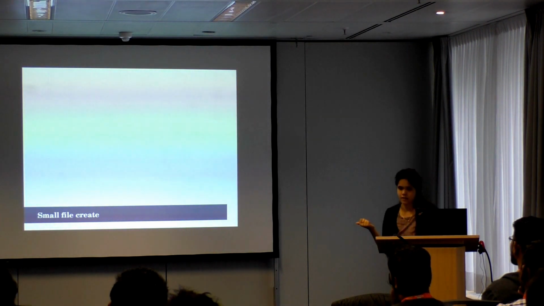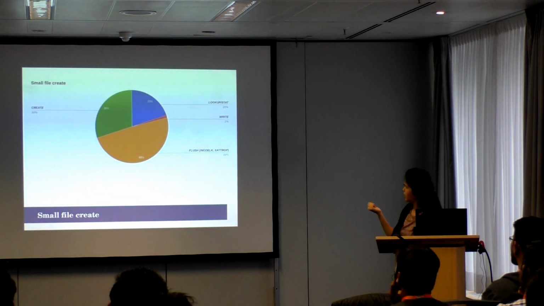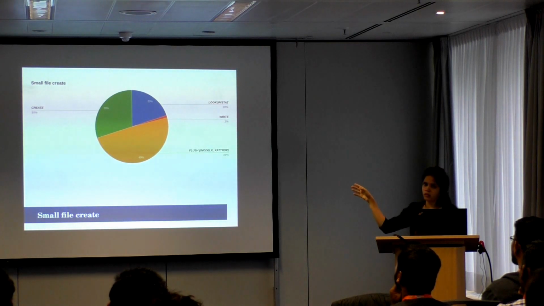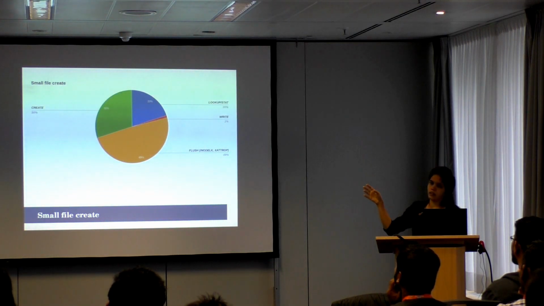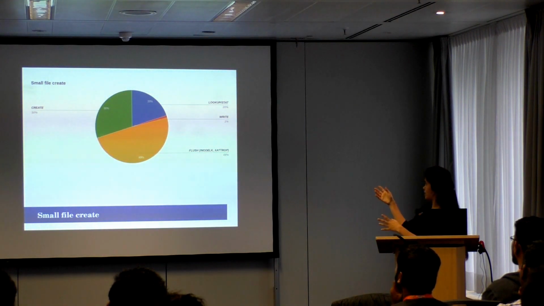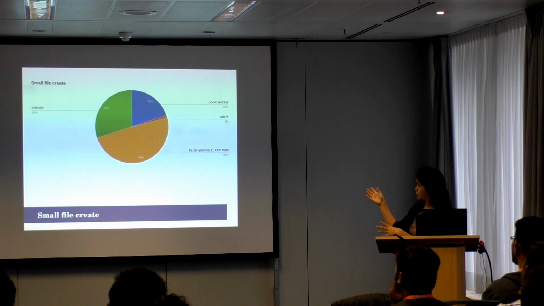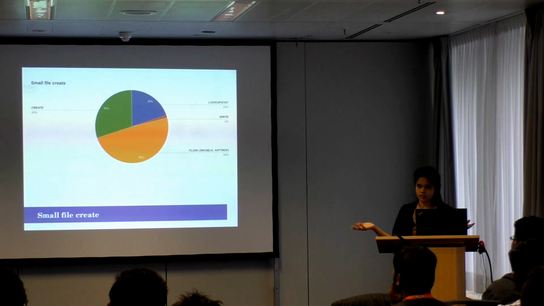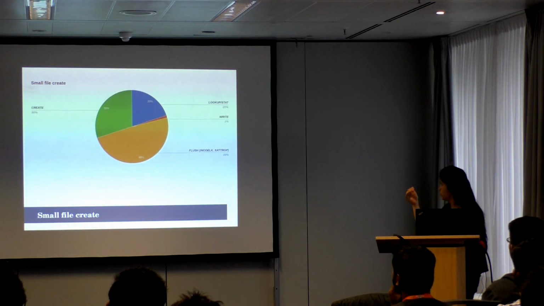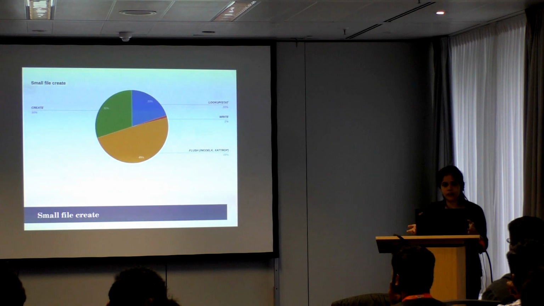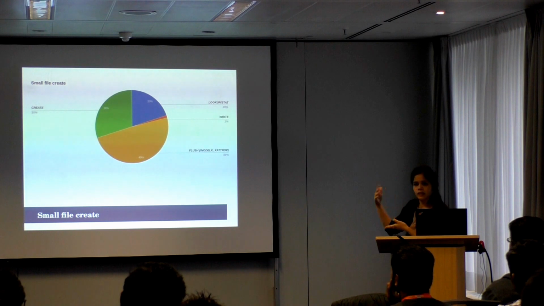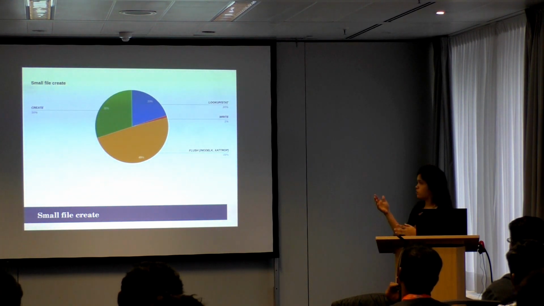The other thing is small file create. In small file create, we basically have the write take the minimum amount of time. Create again is exactly what we had explained earlier. It's a replica of that. And then flush takes the longest. This is because we have write behind. So writes are already as fast as they can get. But then flush has to make sure what was cached in write behind is flushed all the way to the brick. So what should have been in write is now added to flush in small file creates.